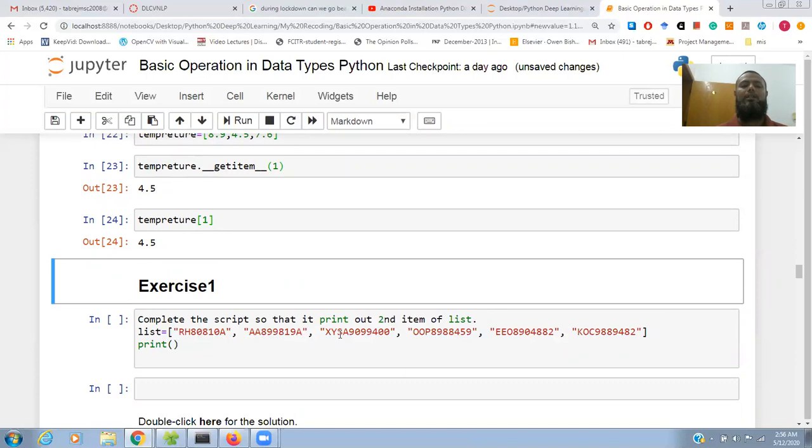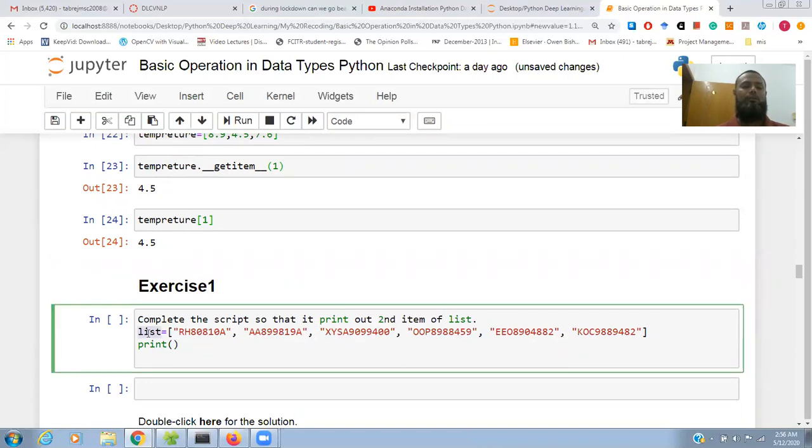So complete the script, and what we'll do is print the list, and we'll write the second item. So 0, 1, second item is index 1. Okay, so we'll get this value.